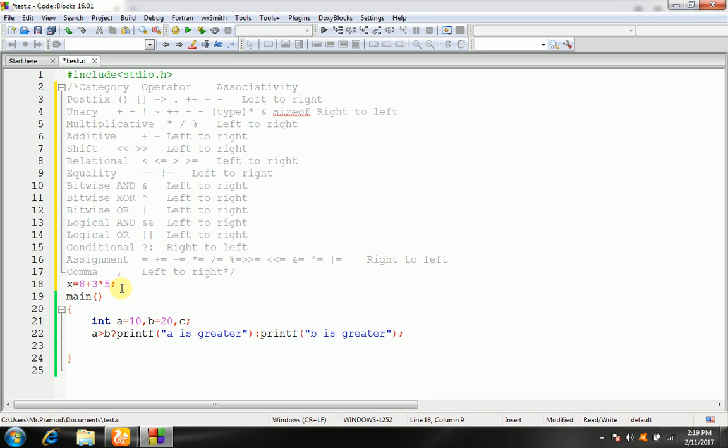So first 3 is multiplied with 5, and then it is added to 8.